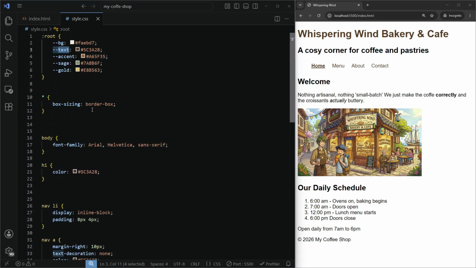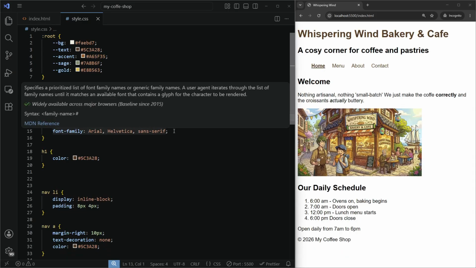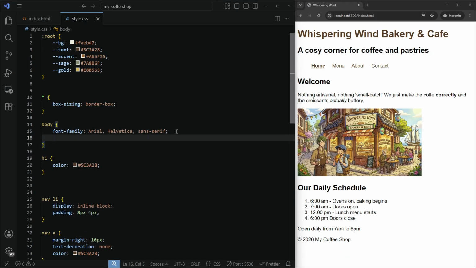And why this color palette? Well, I chose it. I just picked some colors from this image in this case. Of course, you choose whatever colors you want for your website, right? So let's start here in the body. We already have this font family. Let's now